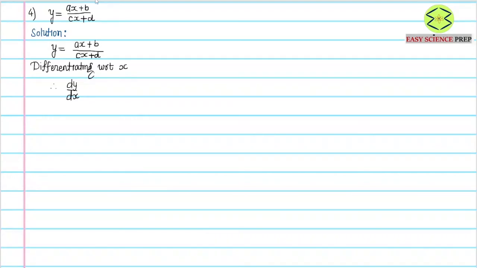Now as we already know, this is u, this is v, and the derivative of u over v is v times derivative of u minus u times derivative of v, whole divided by v square. So this is the rule you should remember. Again the same thing I am going to follow here, not much difference.